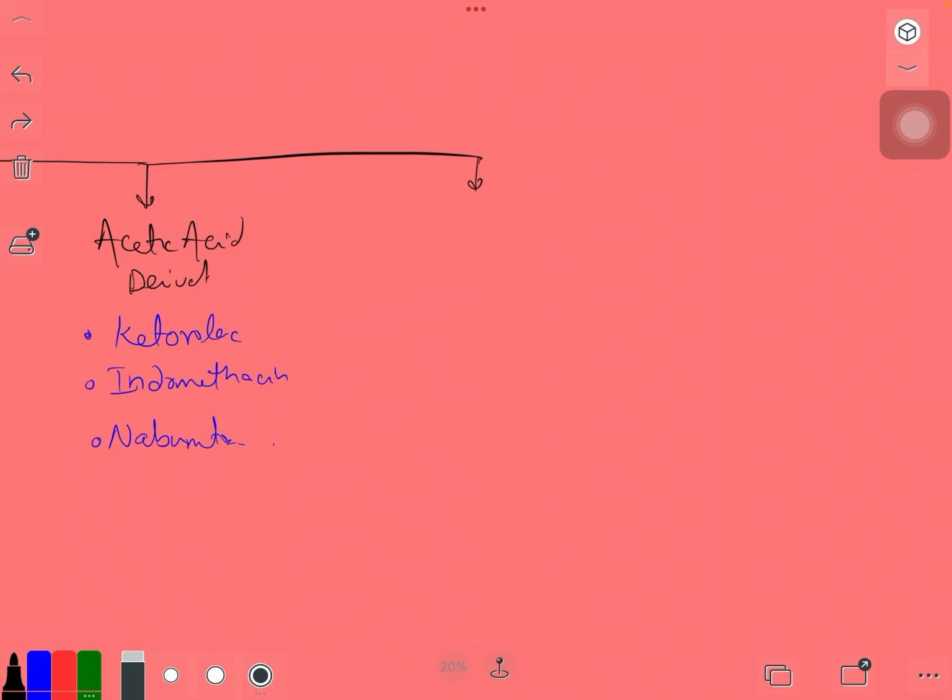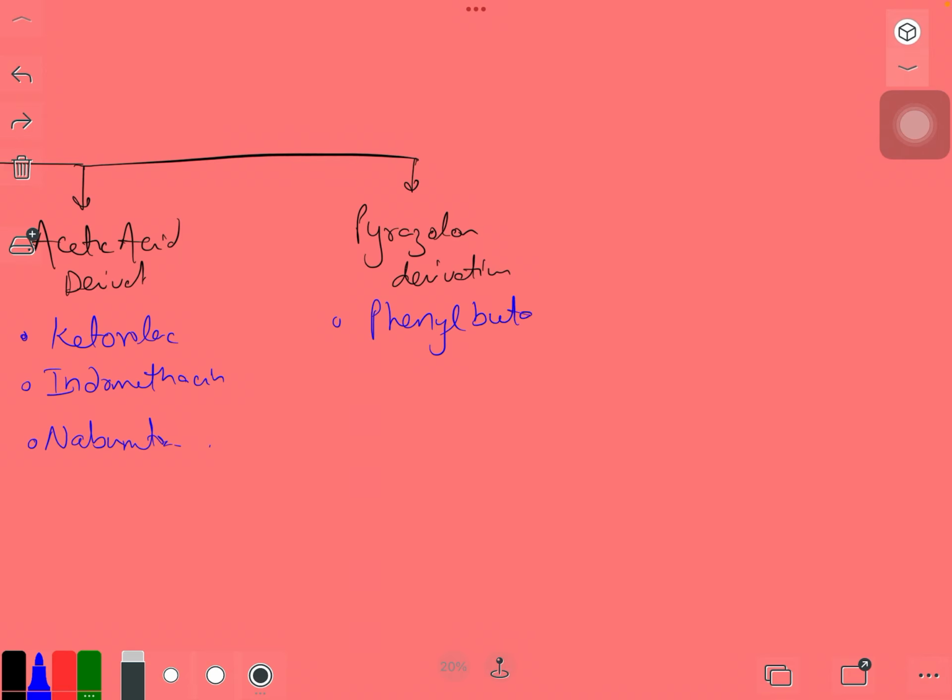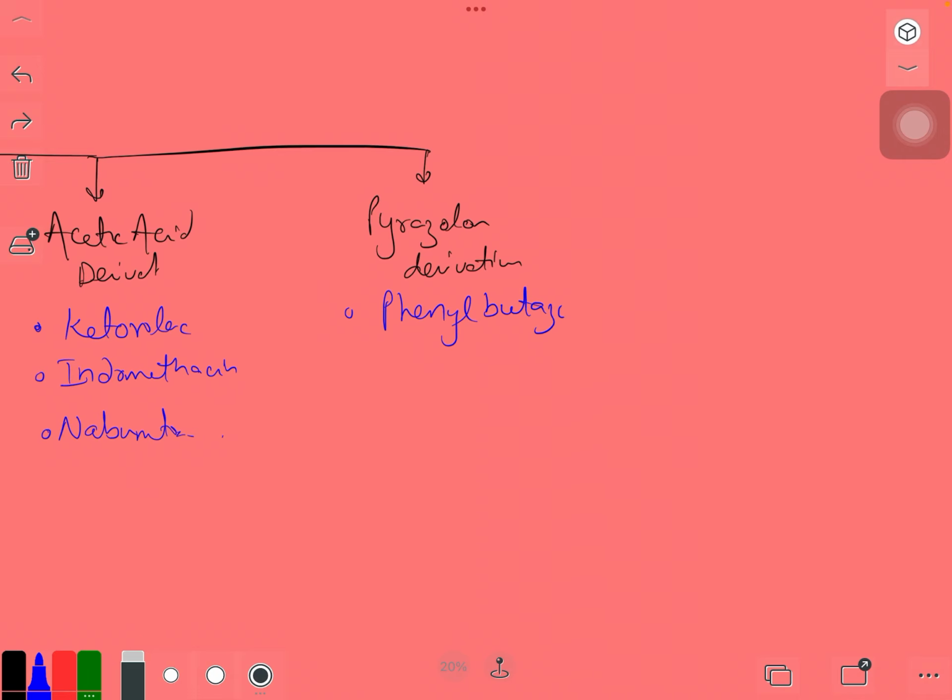Next one, the pyrazolone derivative, right? Then it is phenylbutazone. Next one, oxyphenbutazone, and lastly propyphenazone. So the suffix is "-azone",